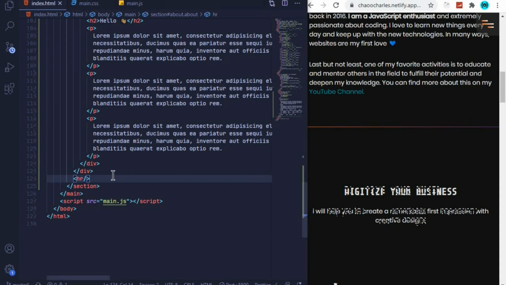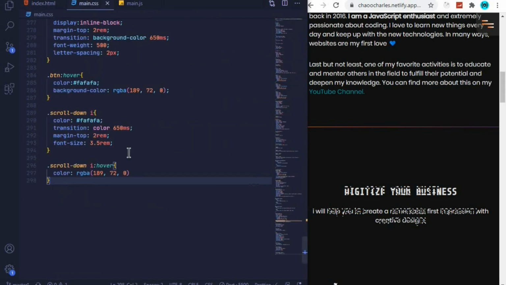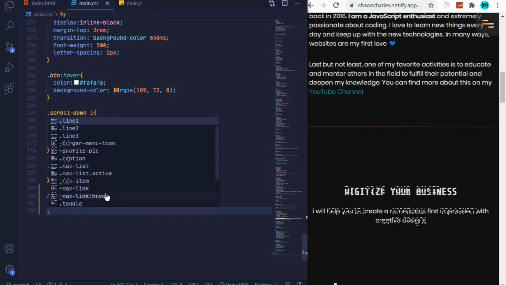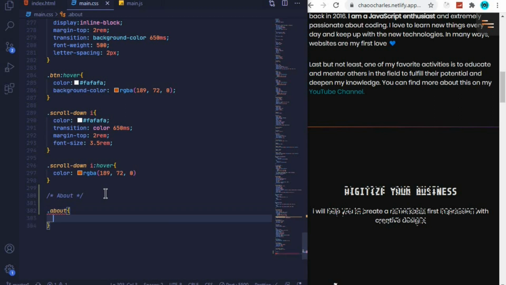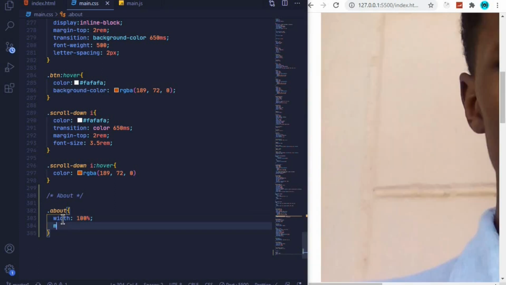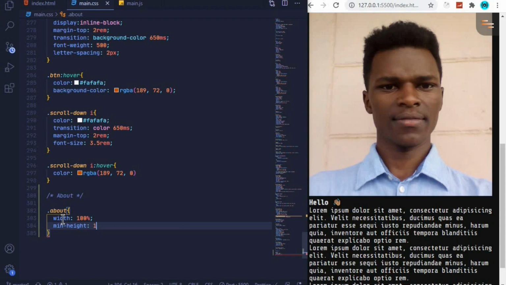Okay, now let's go and start styling our about section. So open the main.css file, and then right here I'll add a comment, and this will be about, and then we will select the about class. So .about, and add several styles. The first one will be a width of 100%, and then we'll have a min-height of 100vh. So this will occupy the entire screen,